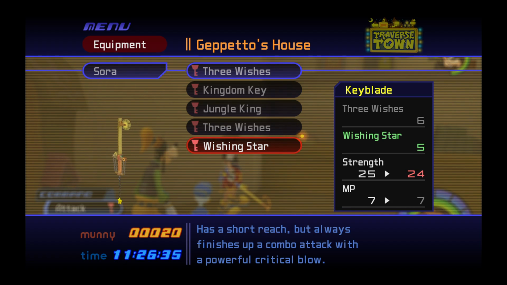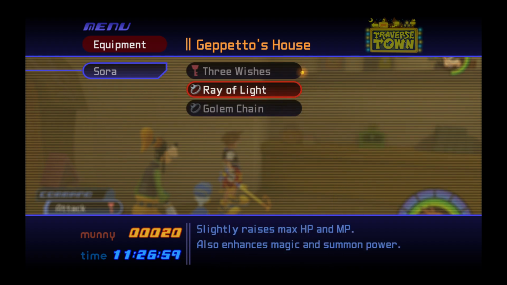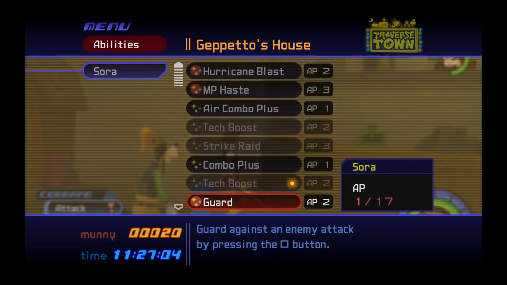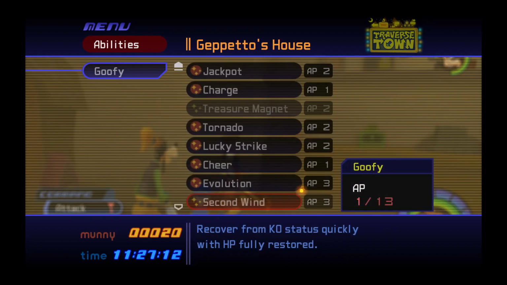So it's worse than Three Wishes in strength, but the trade-off is that it does a critical hit, especially since it's on your finisher. It changes that from being, like I said earlier, 2 times better than a normal attack to something like 4 or something like that. I'll put it on for now. Its risk-reward thing is that you have to... oh, nice. You need to be able to hit...